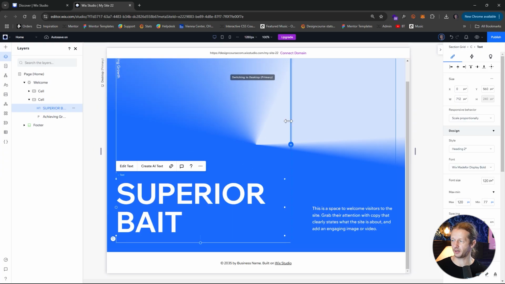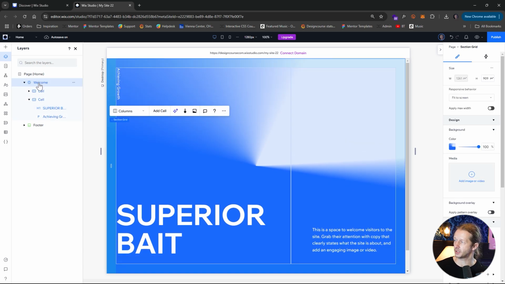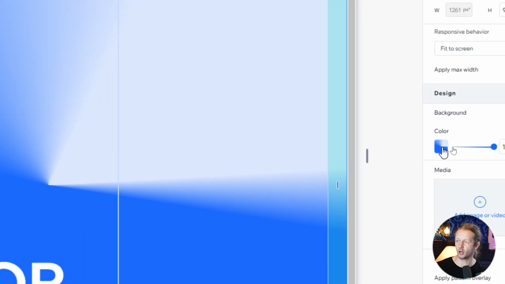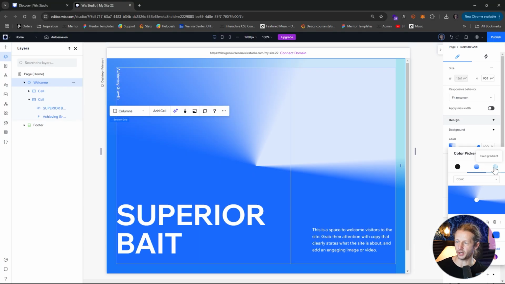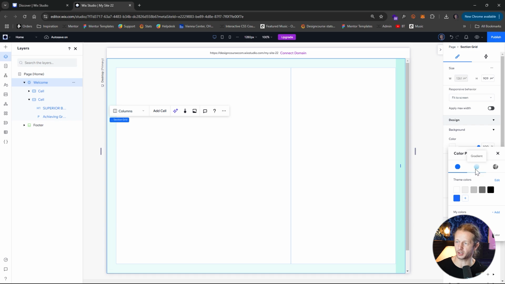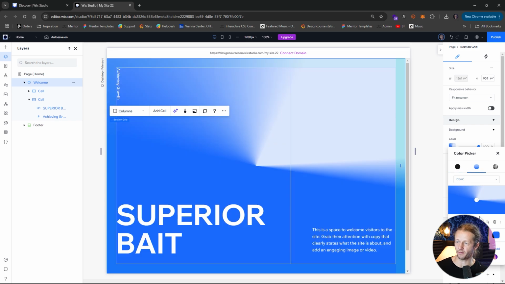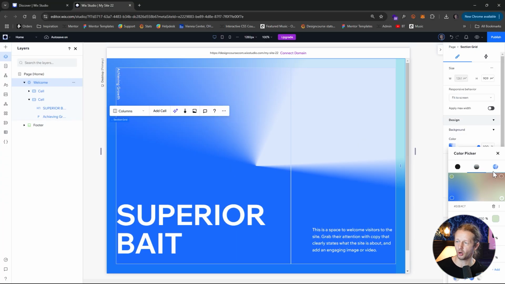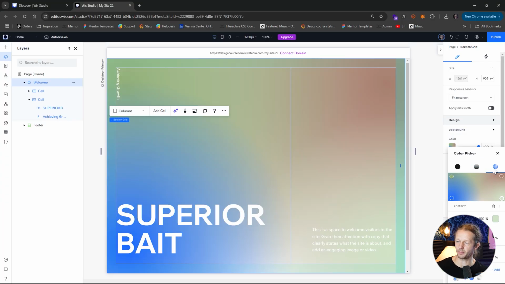Okay, now let's say, for instance, we want to change this background. This may look like a background image, but it's actually not. It's a gradient. So if I take the welcome section right here, make sure that's selected, you'll see we have this gradient. Now, what we can do, and it's a conic gradient, by the way, you can have a solid color here if you want. We can have this color by default, and you can adjust all the settings with that to make it unique. Or we can also have this type of gradient, a fluid gradient, which is actually really cool, and that's what